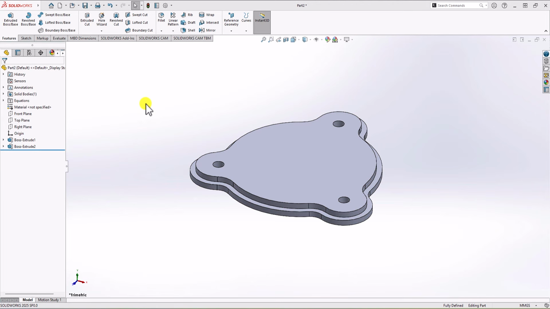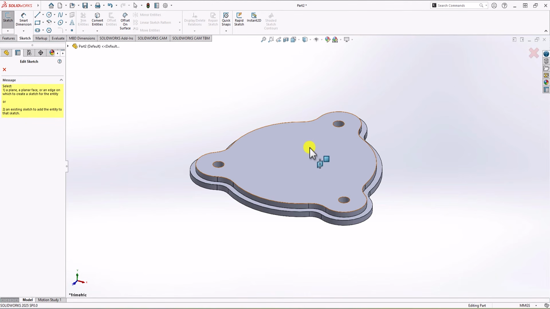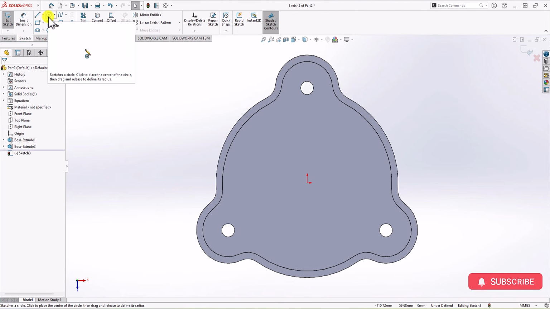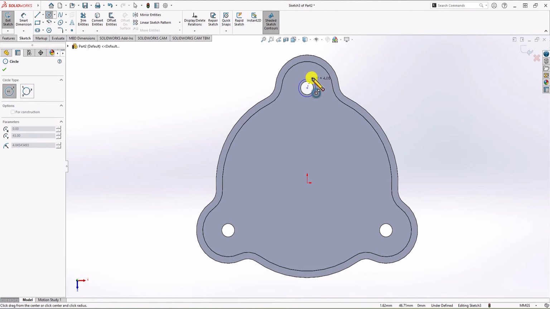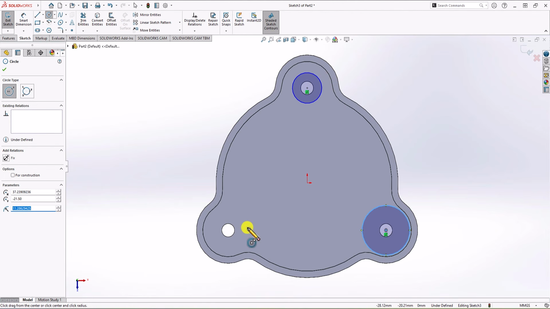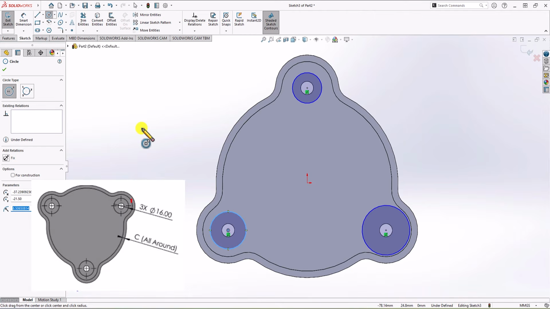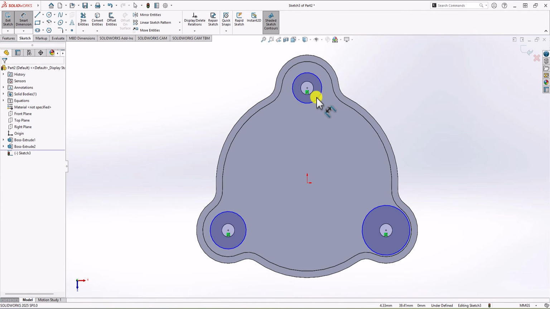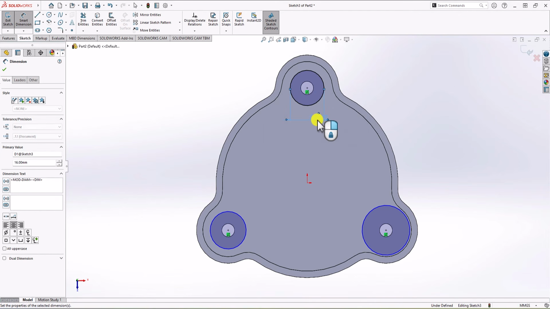Okay, awesome. Next step is to make 3 bosses on this feature. So what I can do, I can click on a sketch, I click on the sketch command, and I choose this top surface. We need 3 bosses. In other words, we need 3 circles. So from the sketch, I'm going to choose circle command, and then here I make 1, 2, and 3 circles. Now, according to the geometry and the drawing, the diameter of these circles must be 16mm. So what I can do, I can click on the Smart Dimension, and here 16mm,